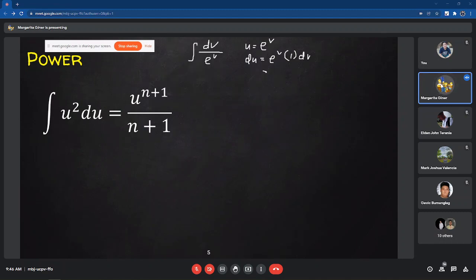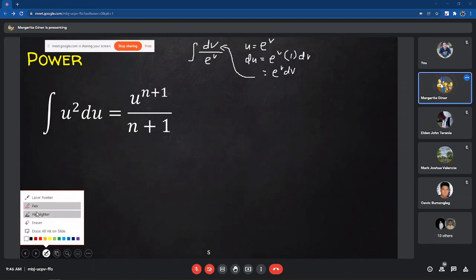So, this will become e raised to v dv. So, you cannot see it in the numerator, you only have e raised to v dv. So, we say you cannot use the